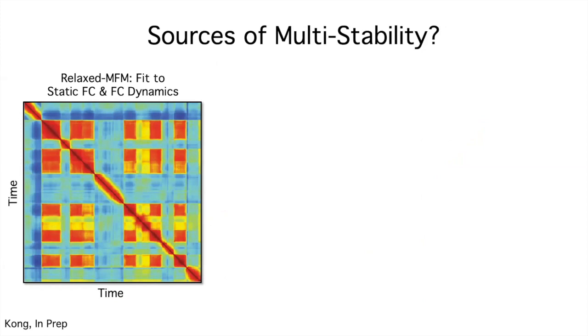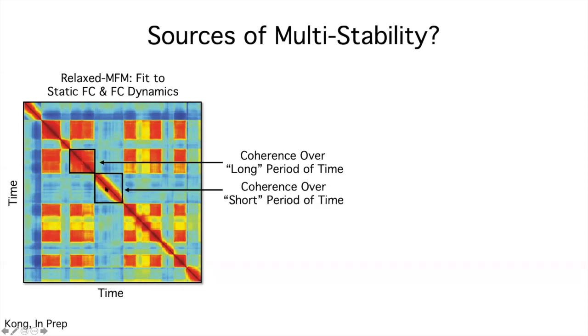The next thing we want to do is that now we have this, we want to dig deeper into the mechanisms of the functional connectivity dynamics. This is the functional connectivity dynamics of the simulated model. So just a reminder, there are time periods whereby the functional connectivity patterns are stable over a long period of time, as you can see by this block of high correlations. There are also time periods in which the functional connectivity patterns are stable only for a short period of time. So basically this red diagonal is just showing the autocorrelation data.